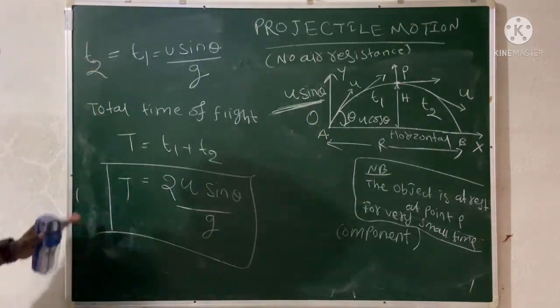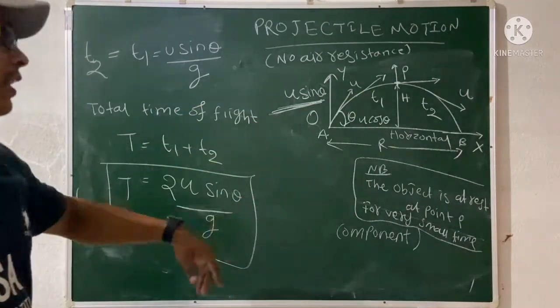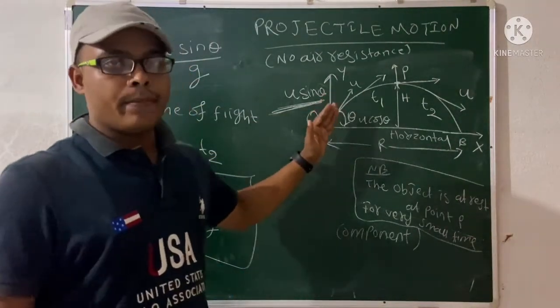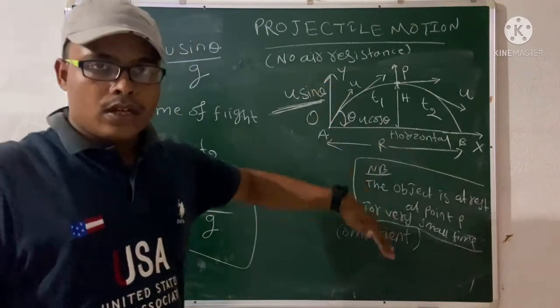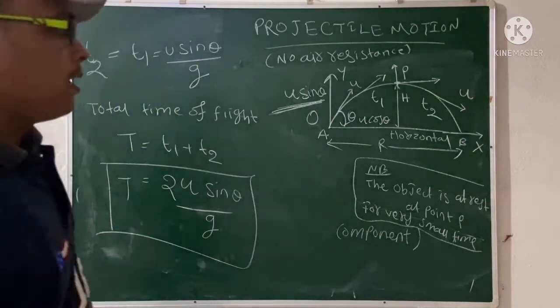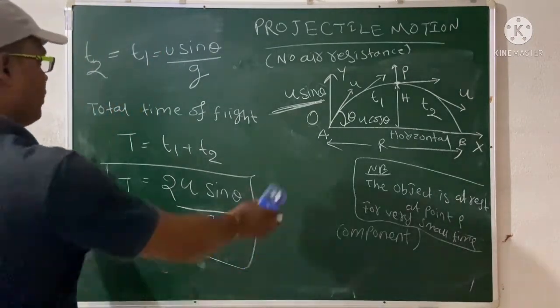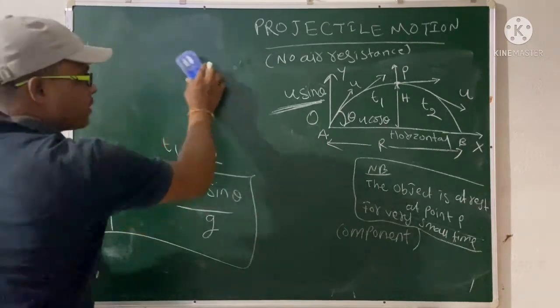Remember, T equal to 2u sin theta by g. What is u? U is the initial velocity. What is theta? Theta is the angle made by the object with the horizontal. Then what is g? G is acceleration due to gravity. That value is 9.8 meter per second square, or generally we take it as 10. Okay. So next,